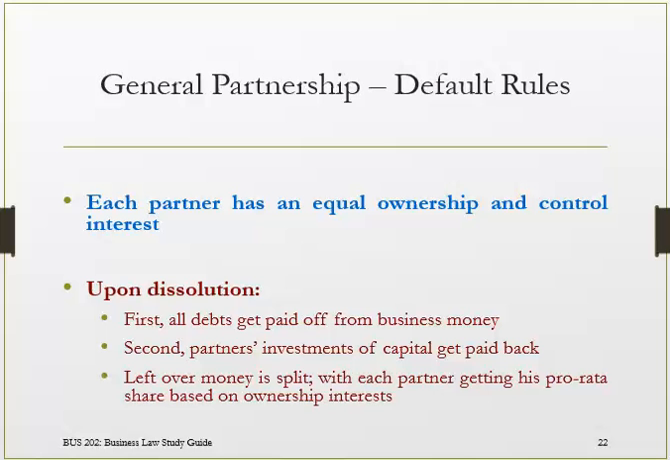Our next issue here is some of the default rules that are relevant to partnerships. In other words, these are things that under the Uniform Partnership Act will apply unless the parties agreed to differently. The default rule is that each partner has an equal ownership. So if you have three people running a business and you didn't specify otherwise, each one will own 1/3 of